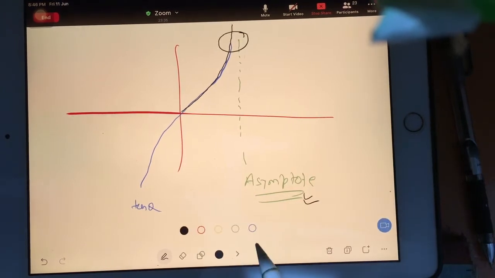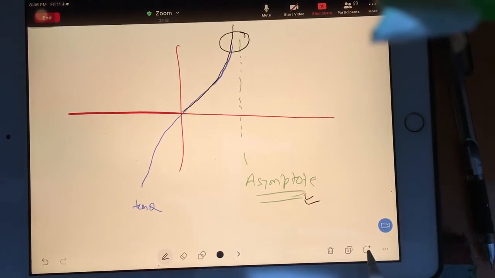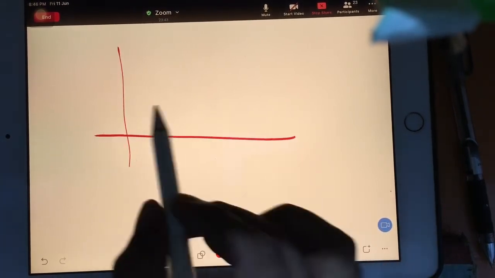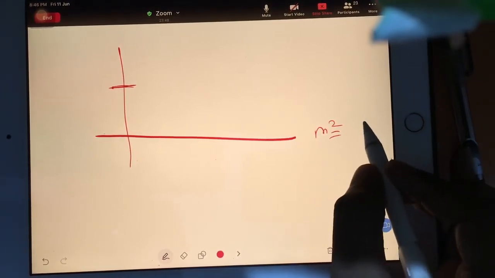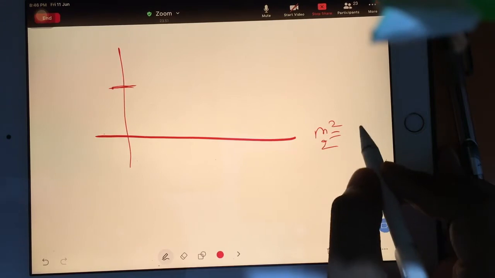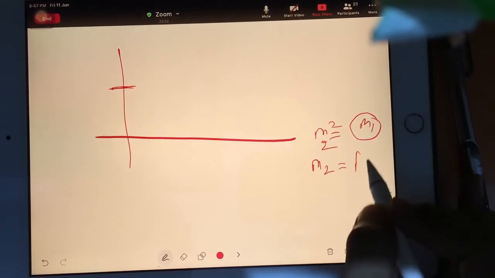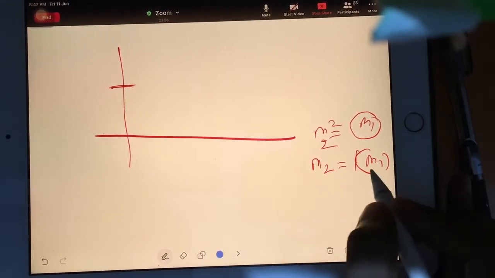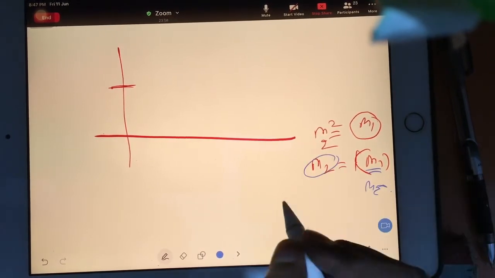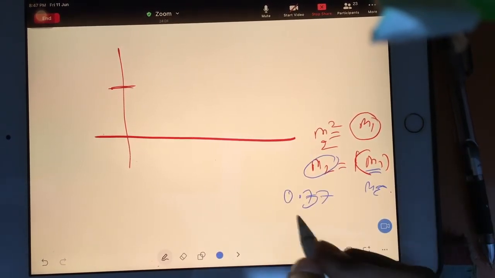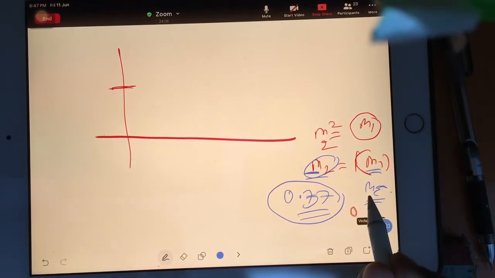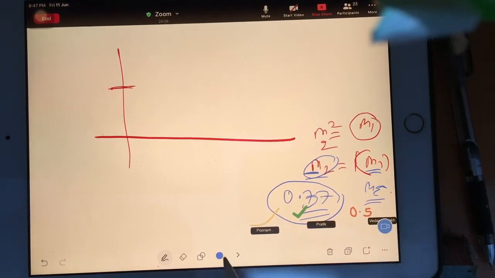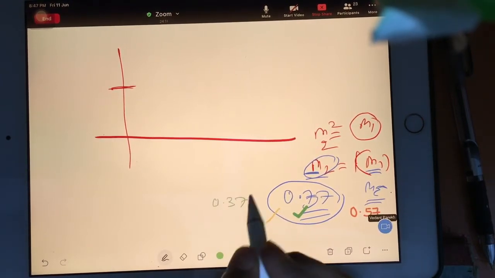When I was teaching you gas dynamics, old students, just 1 minute, I want to give a reference here. There was the Mach number equation, M2 square in terms of M1 square. You remember guys, M2 was a function of M1. When I took M1 as infinite, M2 came as, if I'm not wrong, 0.37 something. Someone remember the value? What was M2 when M1 was infinite? 0.376 I think, yeah, right.